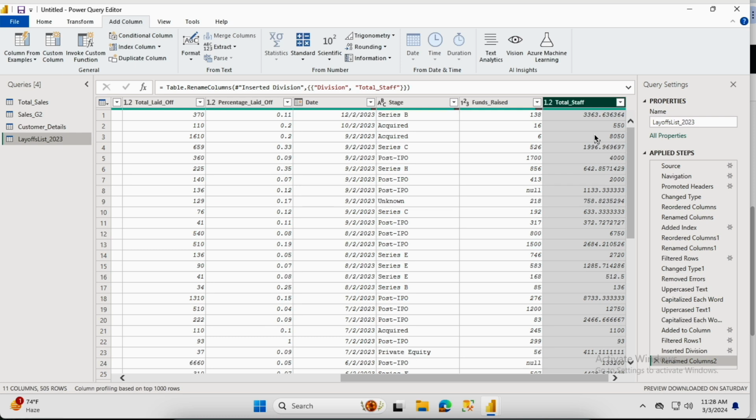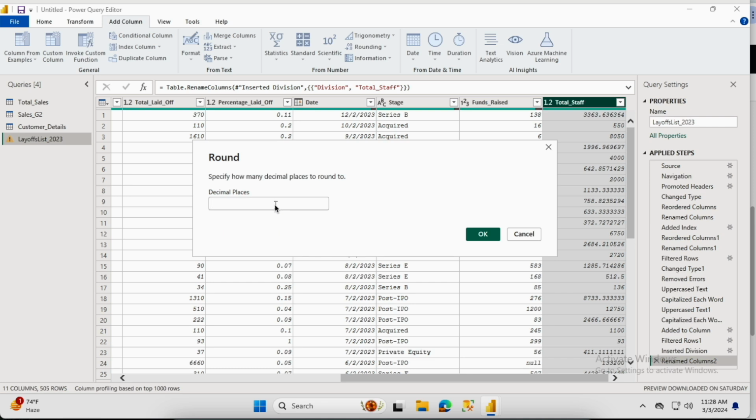So for that we are going to perform round off. We need to select this column on which we are going to perform the round off action, and here is the option. You need to go to the Add Column section and find Rounding. You will get three options: round up, round down and round with three dots.